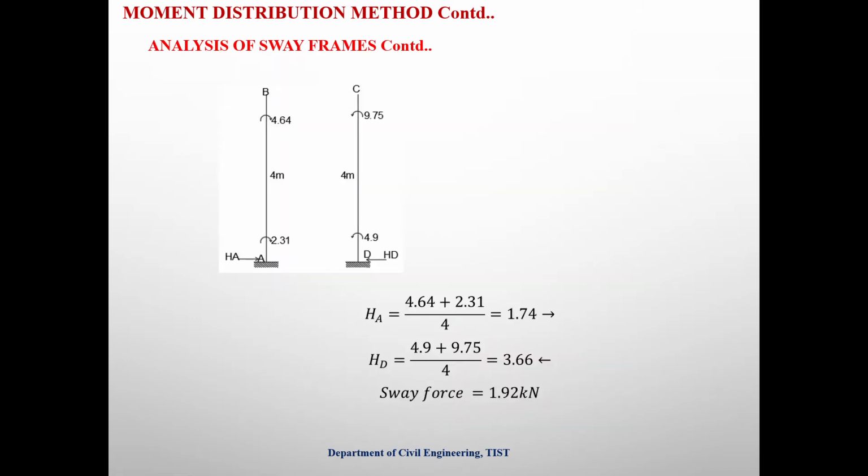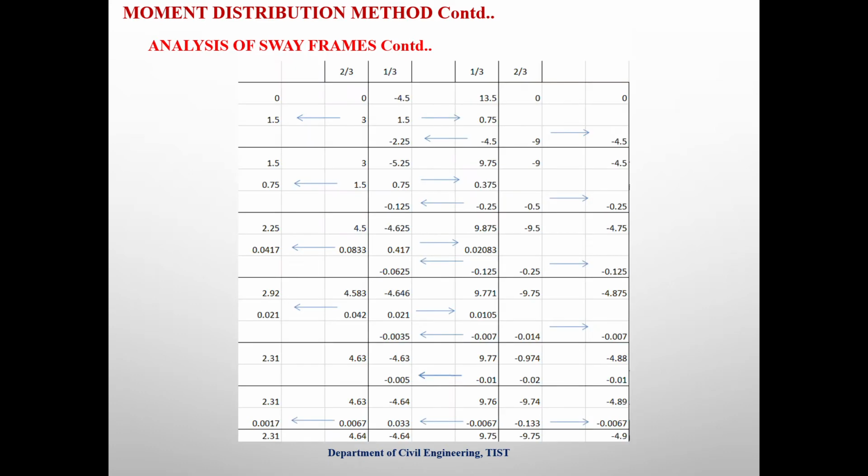Then with these moment values, we have to find out what will be the sway force of the structure. With these moment values, with this external load condition, what will be the sway force for this structure? In order to find out the sway force, we have to consider the free body diagram of columns. We have two columns, AB as well as CD. So firstly, please consider the free body diagram of AB and mark all the moments we got from this table